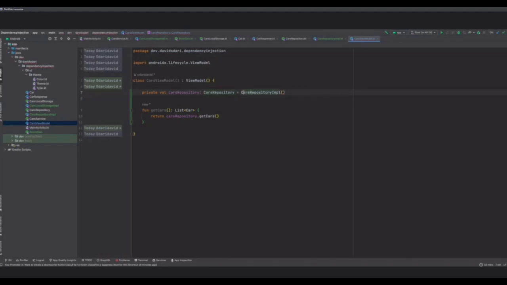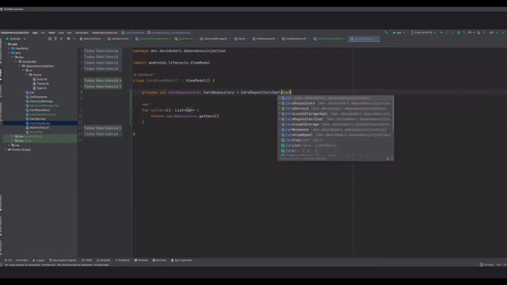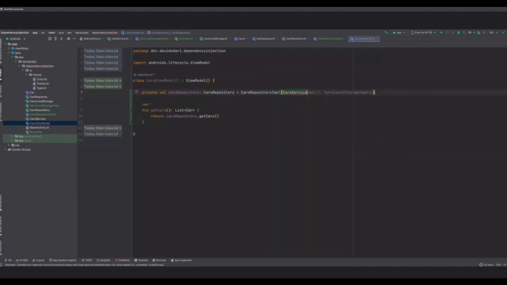So you have this car repository impl. This is the implementation of the repository. Then you have to come and implement the car service impl. Car service, where is it? I don't think I created this one. Then you have to come and do cars. I want you to see what's about to happen here. Then maybe I need Room DAO impl.